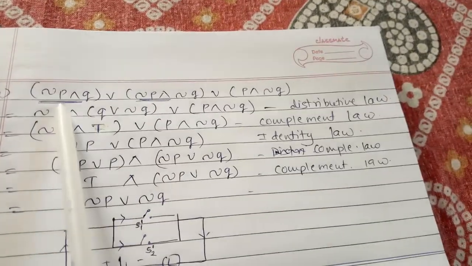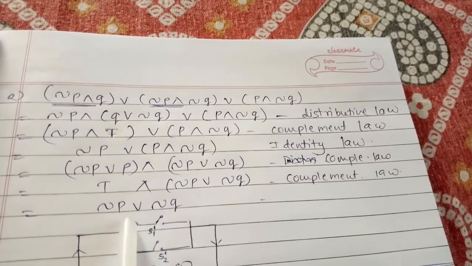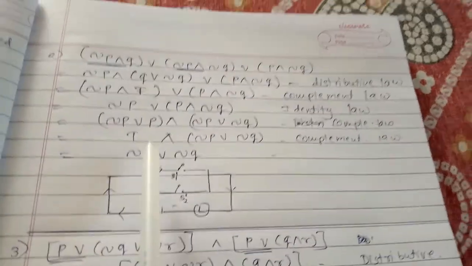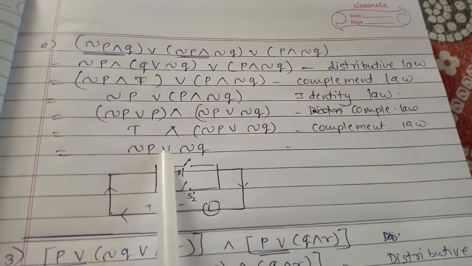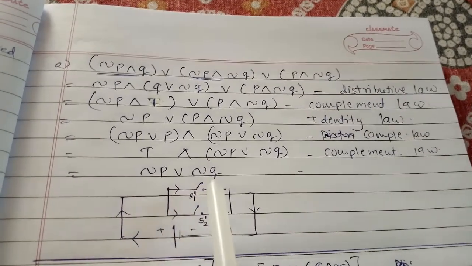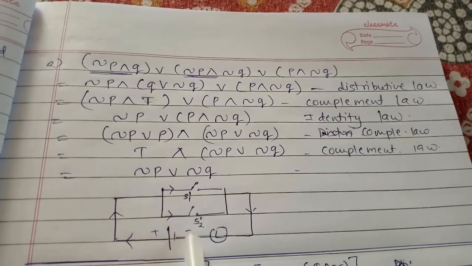We convert this total circuit symbolic form in this form. Means ये और ये equivalent है. So we have to draw the figure with only these two. So since there is a disjunction, there is a parallel combination between this negation P and negation Q. So we draw here two switches in parallel, S1 dash and S2 dash.